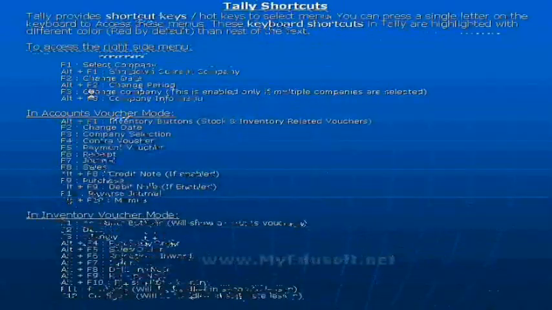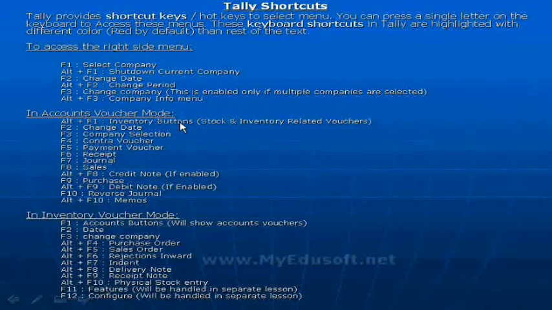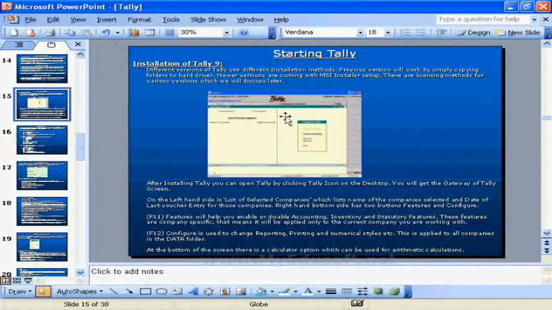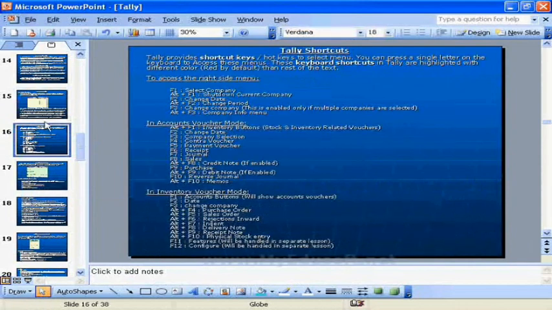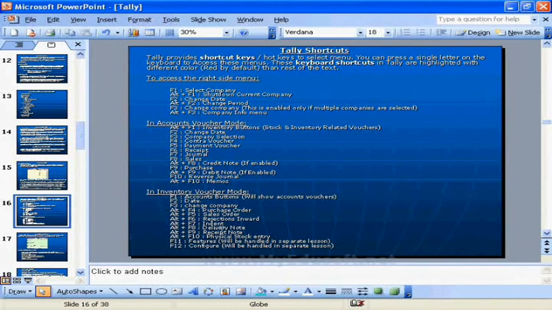If we are in Accounts Voucher, then we can use these shortcut keys like Alt F1 for inventory buttons, F2 to change date, company selection, contra voucher, etc. Like this, we have different types of shortcut keys in Tally. And in inventory mode also, we have shortcut keys. Later, we will learn how these shortcut keys will work.